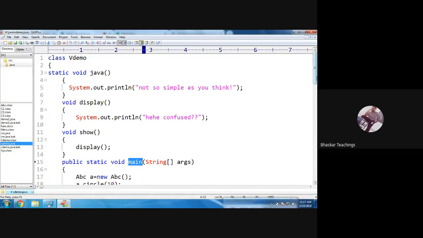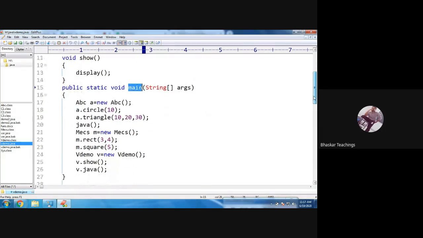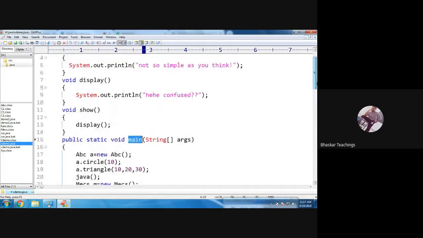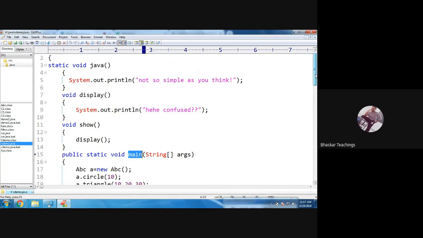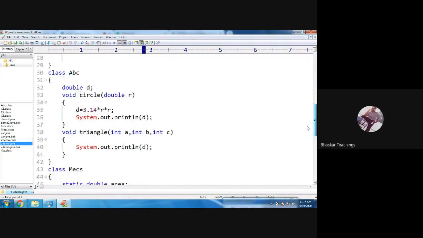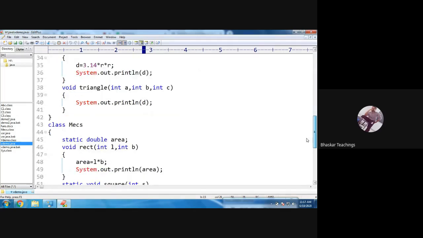So in the class vdemo, totally I have 4 methods. 2 are static and 2 are instance. Fine. And we have 2 more classes, ABC and MECS.